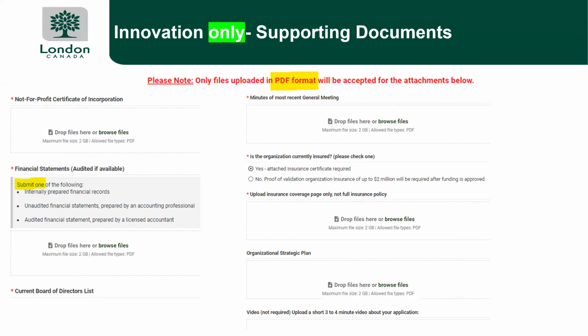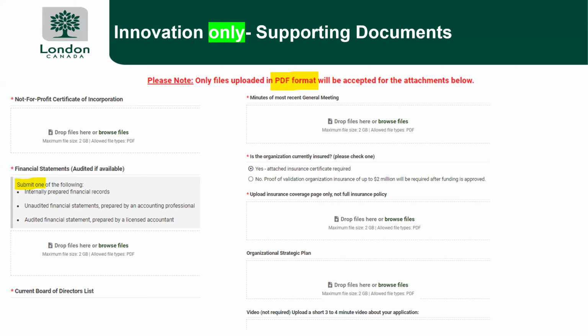You may have them in an unaudited status by your accountant at this point, and that's fine. If you're a small organization, fairly new, you may not have audited or unaudited financial statements, which is fine.